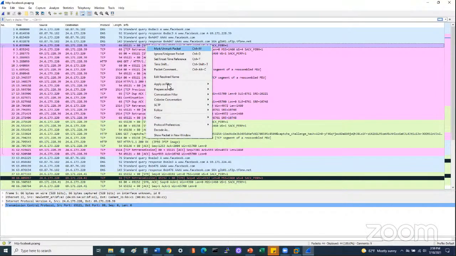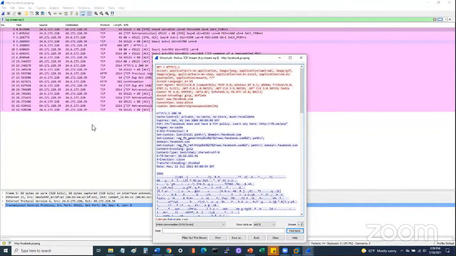The other thing you can do to see what's in the same conversation is right click and say follow the TCP stream. What that'll do is give you everything that's part of this conversation. As you can see, it got rid of everything else that was in here. We originally had 44 packets and we're only showing 21 now because there are only 21 packets that are part of this specific conversation. There are other things that happened in here, but these are the ones relevant to this conversation. So if you're trying to troubleshoot something related to this specific conversation, you might want to follow a TCP stream or a UDP stream.